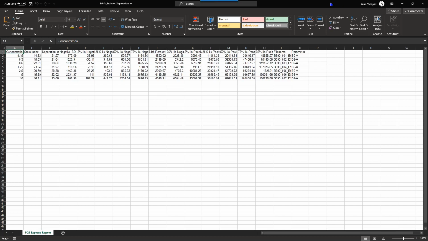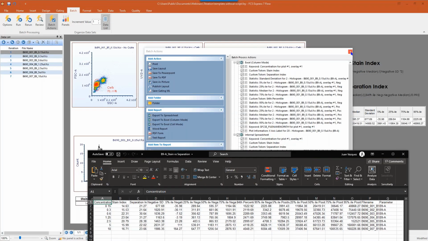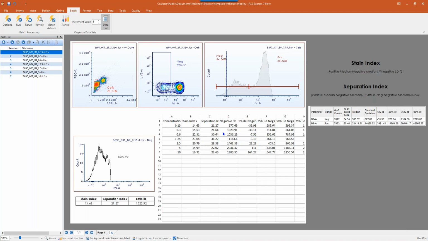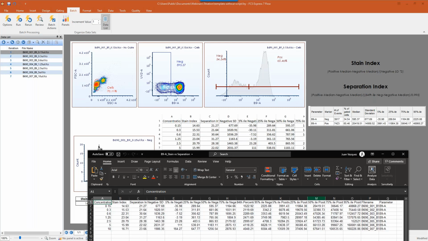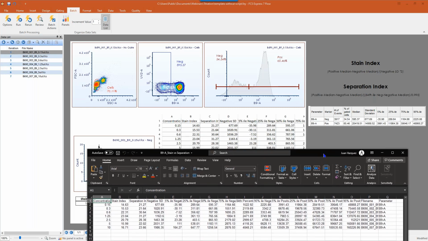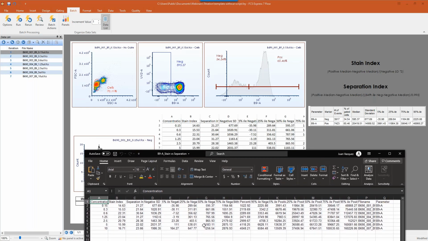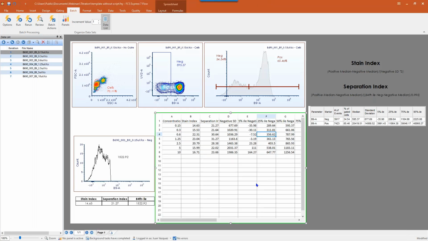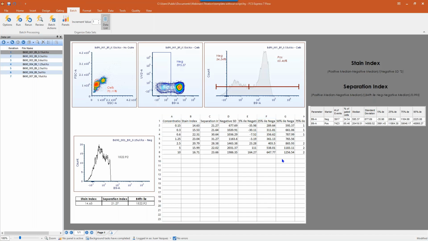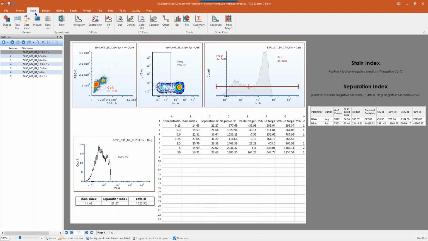directly from FCS Express. But you'll also notice that I've exported that same data to an internal spreadsheet directly in my FCS Express layout. Okay. And just to show you, these are all the same numbers. Everything that's reported up here is the same information that's reported in this Excel output. Okay, I can simply scroll along, and again, you'll see all the same information that was exported and reported to Excel. Okay, the benefit of having it directly in FCS Express now is that I can come in,